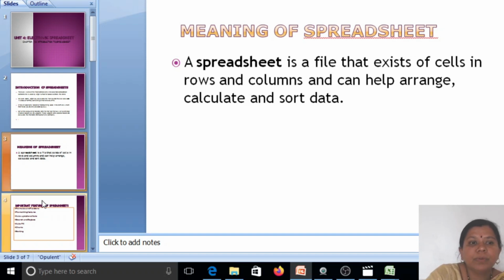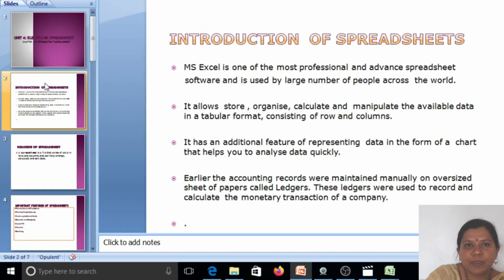Now we move to the introduction of spreadsheet. Spreadsheet is nothing but MS Excel. MS Excel is one of the most professional and advanced spreadsheet software and is used by a large number of people across the world.